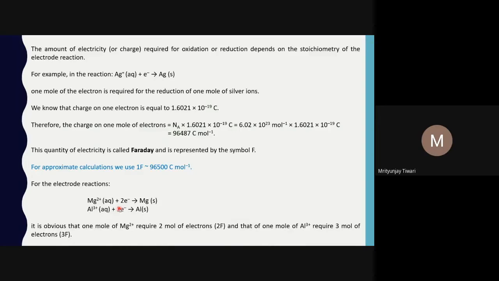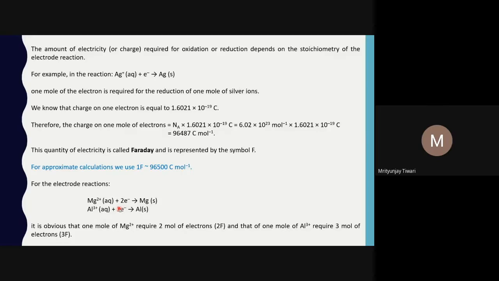It means that 1 mole of oxygen molecule will contain 4 equivalents of oxygen. It means 4 into the equivalent weight of oxygen will be equal to the molar mass of oxygen, and thus the equivalent weight of oxygen is equal to the molar mass of oxygen divided by 4. This 4 again we call the valency factor. So the equivalent weight of oxygen you can easily find out. It will be 32 divided by 4, which is 8.